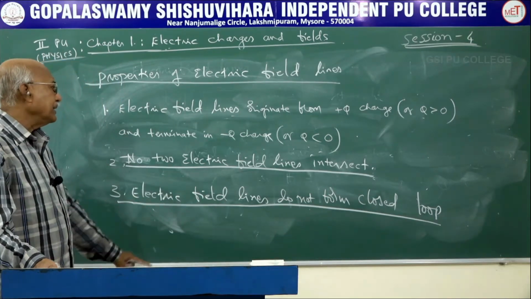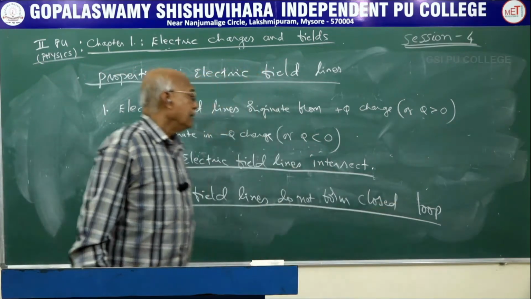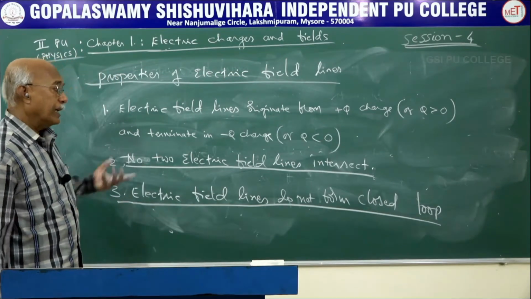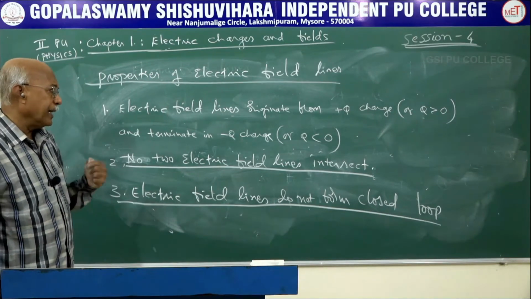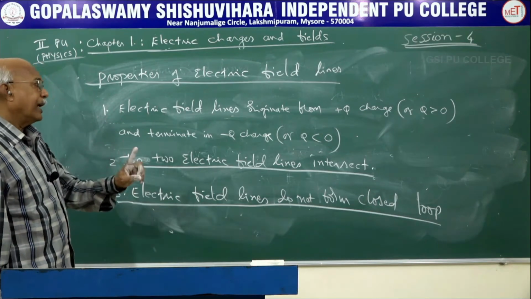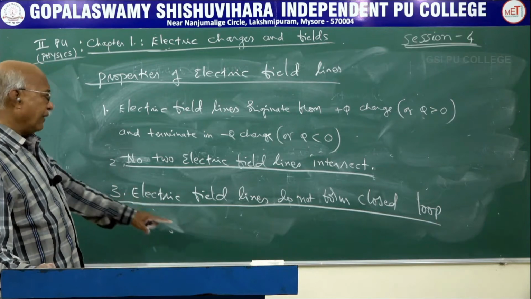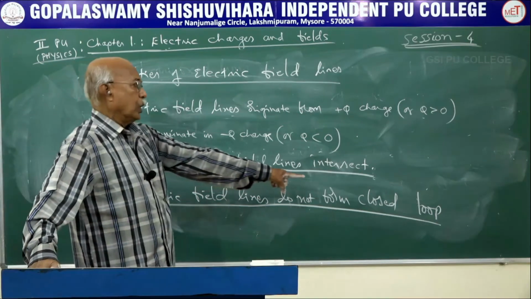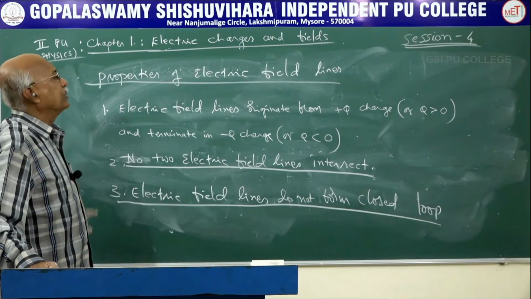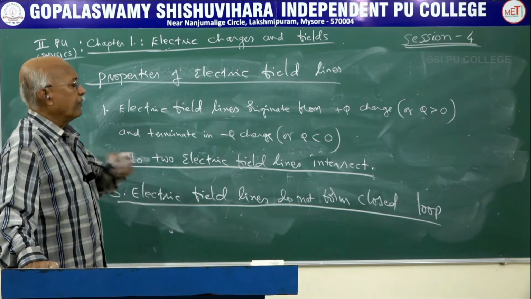Also, in the case of magnetism, we do write that magnetic field lines form closed loops, because in magnetism we will have a pair of poles. We will not be able to get only a north pole or only a south pole. Both north and south poles are always available, therefore they give rise to closed loops. In the case of charges, it is possible to have only a plus Q charge and only a minus Q charge. Hence, electric field lines do not form closed loops.